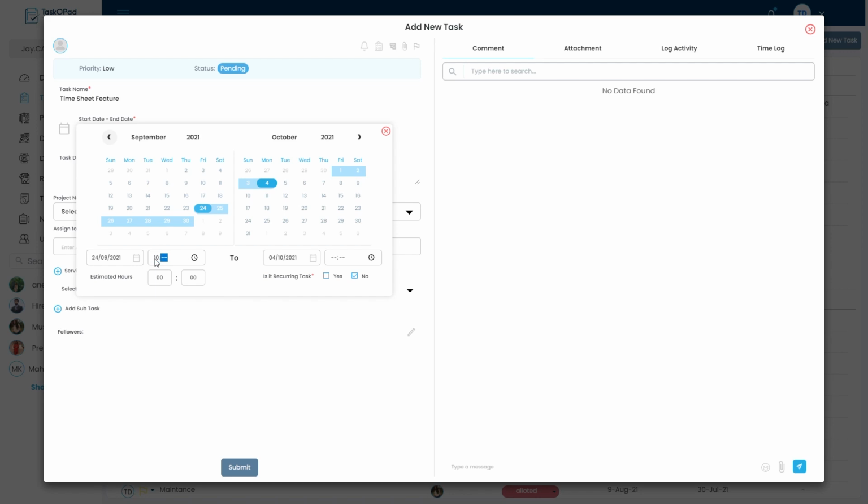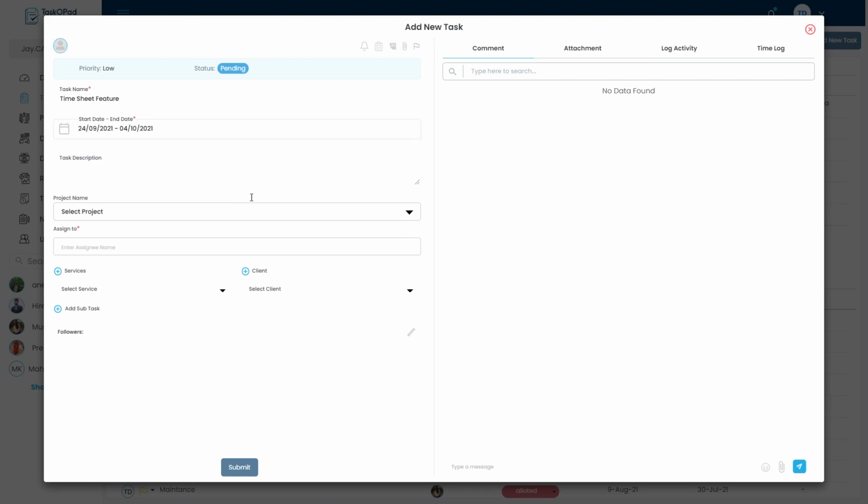And if you want to keep the timings of the task, you can mention that, and if you want to keep manual estimated hours, you can change them from here. Once dates and timings have been decided, we'll assign this task to someone. And now you can submit it.